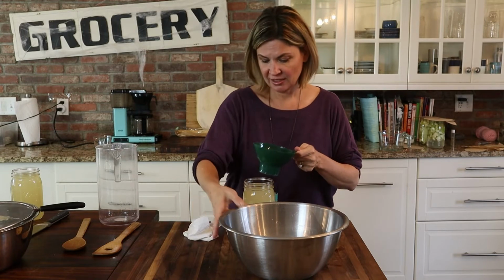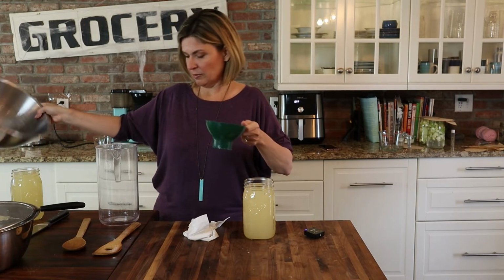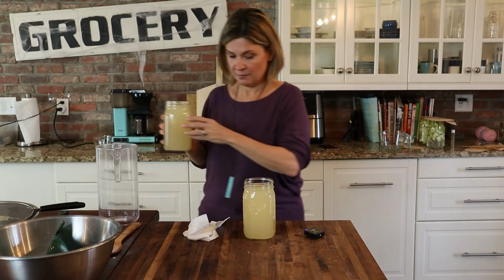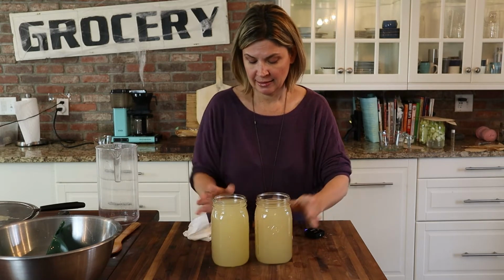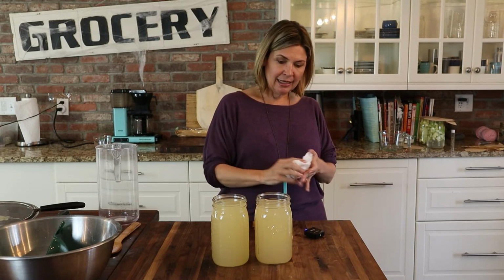I think I've got just enough. Top this one and this one off. Okay, so here is our 2 week in apple cider vinegar. And I am gonna put this with a lid. Now,